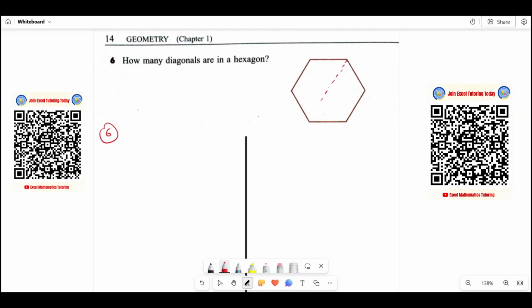So connecting from here to here, here to here, you can name it as A, B, C, D, E, F. And connecting from F to C, then which other way can we do? From A to E, B to D,